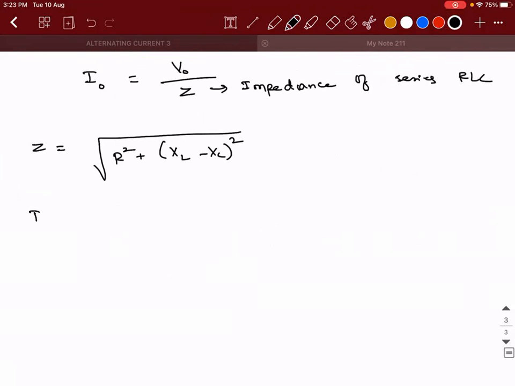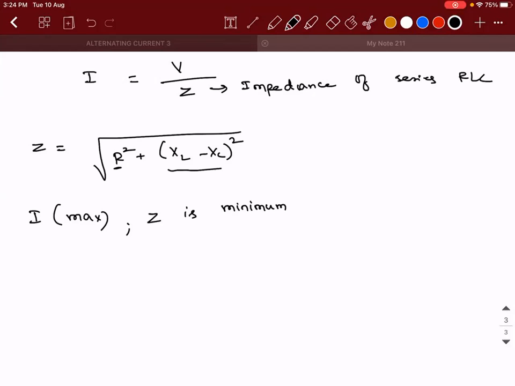Now remember, I will be maximum. Okay, I'll do a small change. I'll write I is equal to V by Z. Now I will be maximum when Z is minimum. If you observe, the minimum value of Z that is possible is 0. But if it is 0, what will happen to the current? Current will become infinite. Why? How did I conclude that the minimum value of Z is 0? Because first thing, it's a square root. It's a square root of sum of two positive numbers. Correct? If R, I call it as A square plus B square is always a positive number. Z is minimum, so Z should be 0, which is not possible.